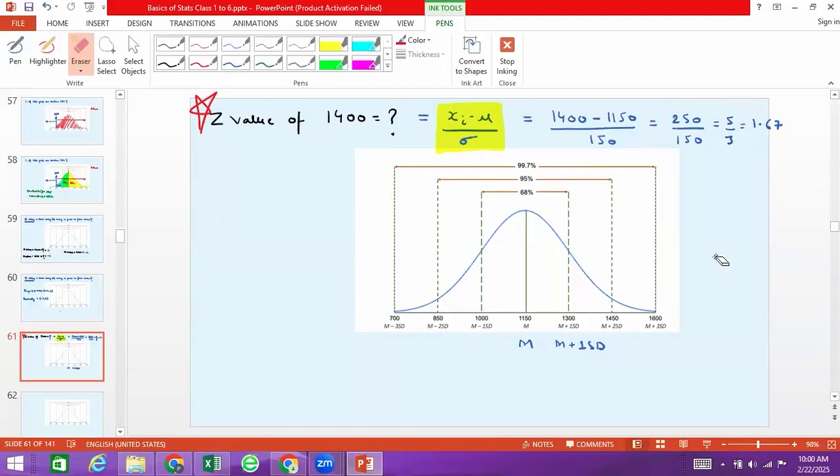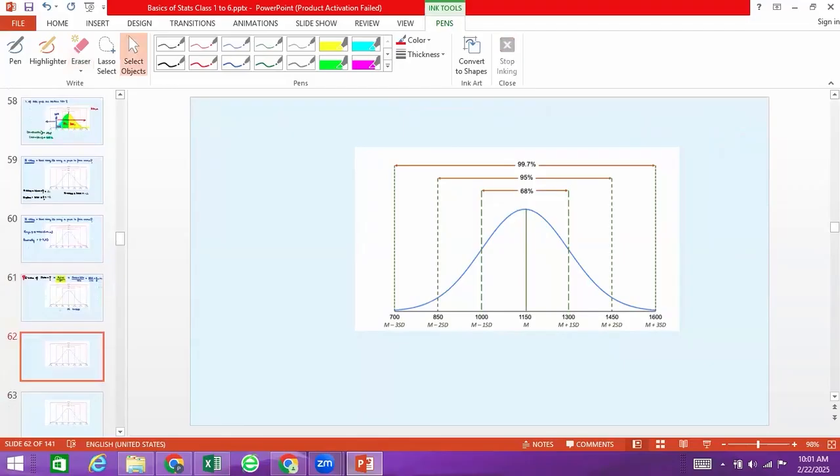What is the point of the Z value, right? Why are we calculating it? I'm coming to that, slowly and slowly we'll try to go there. So we calculated the Z value of 1400 and it came out to be 1.67. Now let's do a different question. I want you to calculate,